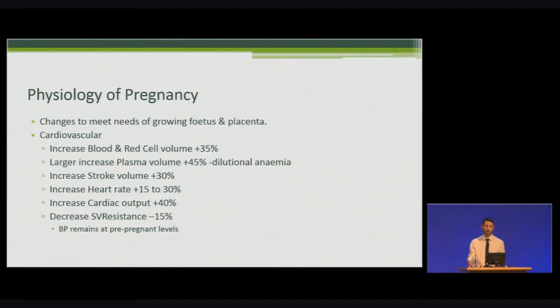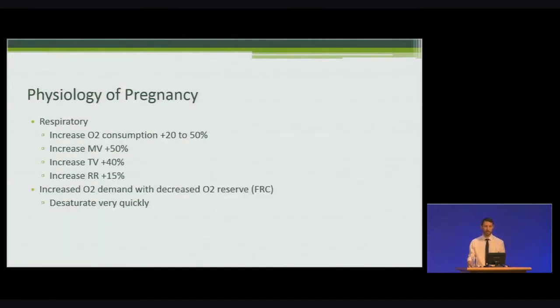So moving on to respiratory physiology. We have an increased oxygen consumption of up to 20 to 50% at term. This is partly achieved by increasing minute ventilation. So the minute ventilation is comprised of tidal volume, which is increased, and also the respiratory rate, which is increased. So this results in an increased oxygen demand with a decreased oxygen reserve. So the